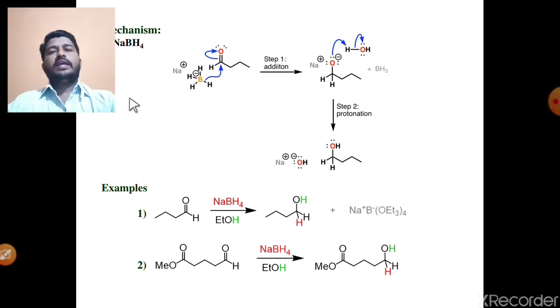Okay, the second reagent is sodium borohydride. Sodium borohydride is a chemoselective reagent; it reduces only aldehyde and ketone. Aldehyde and ketone in the presence of sodium borohydride give the corresponding alcohol. See the basic structure of sodium borohydride: boron gains a negative charge, stabilized by Na plus. See the structure of this carbonyl compound: the carbonyl carbon gains delta positive charge, and oxygen, being more electronegative, gains delta negative charge.